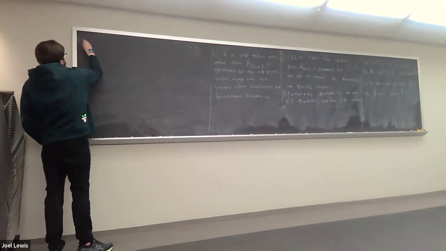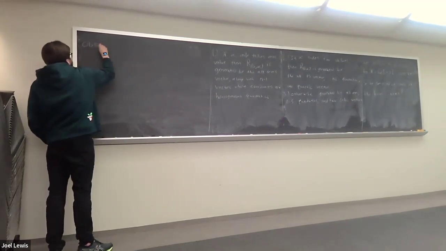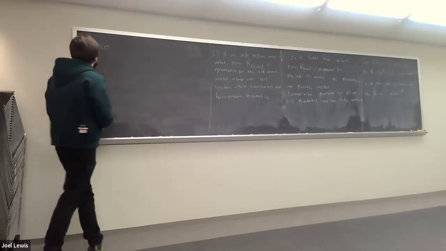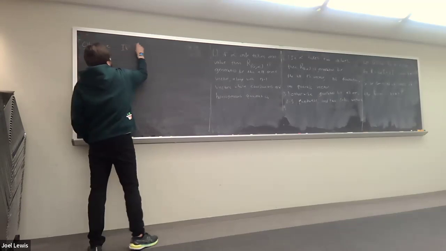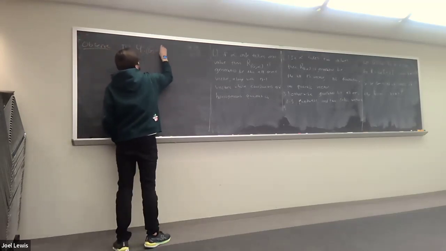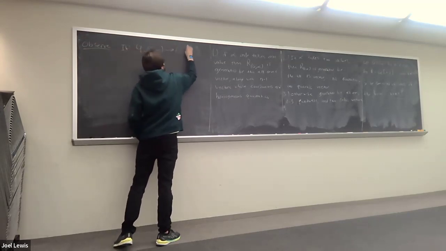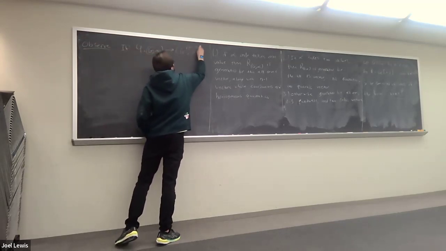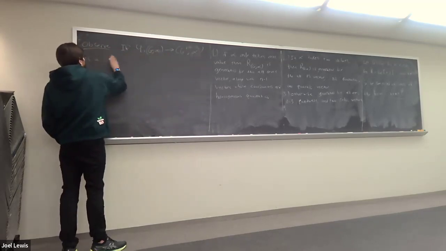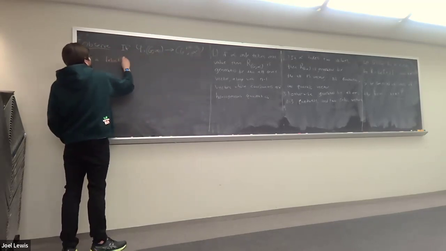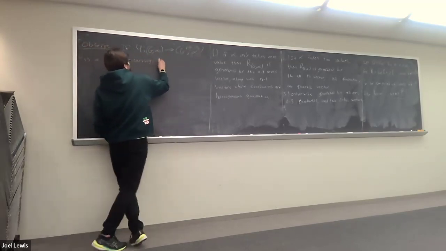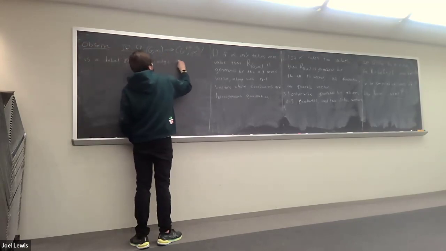So first of all, observe the following critical thing, which is that if phi from, say, G to G prime, with labels G alpha, G prime alpha prime, is a label-preserving edge contraction,